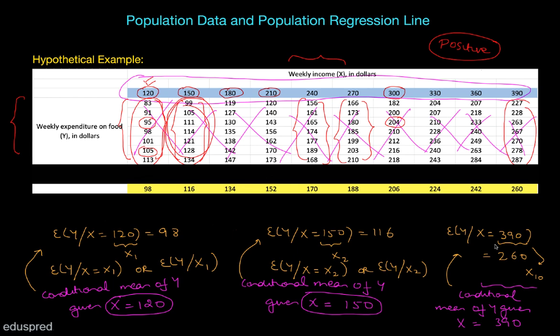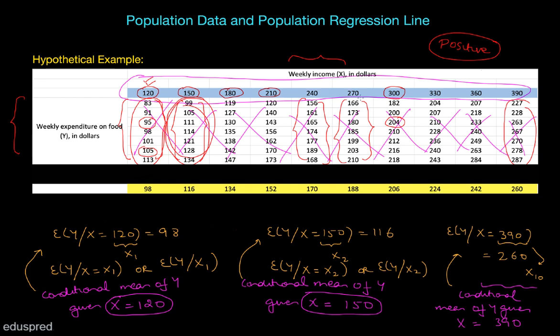Whenever we talk about the quantification of the relationship between two variables, we are always going to establish the relationships on an average basis. So the questions that we are going to answer will be something like this: if weekly income increases by $1, then on an average, by how much is the weekly expenditure on food going to change? These are the kind of questions we are looking for.